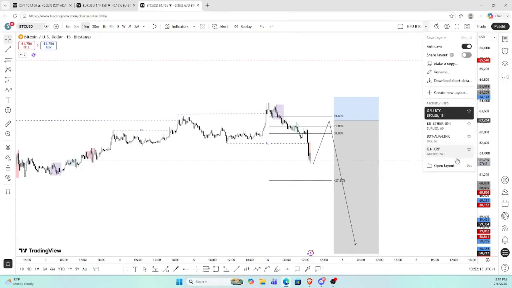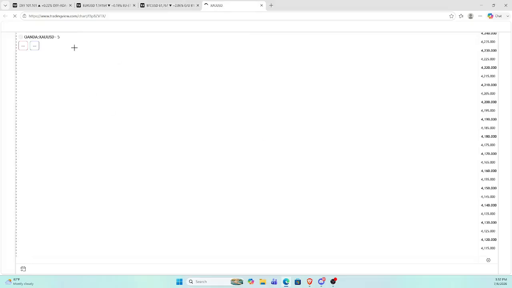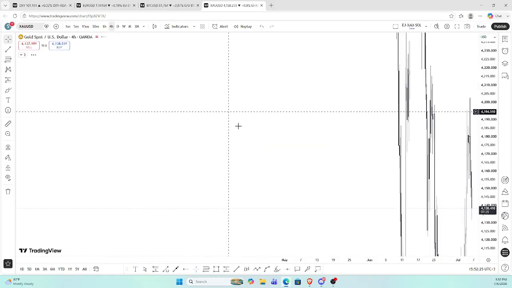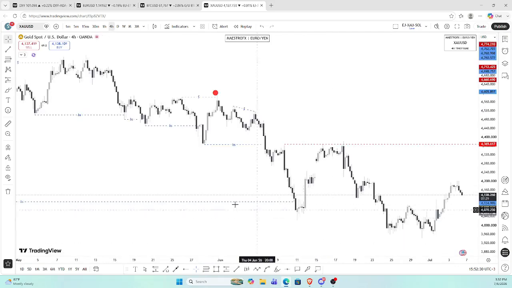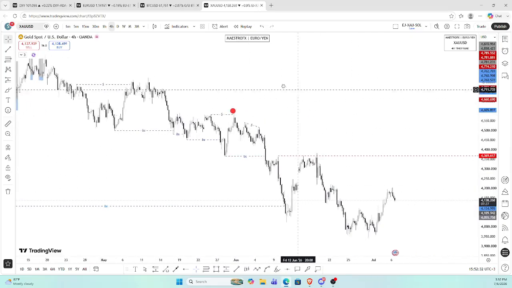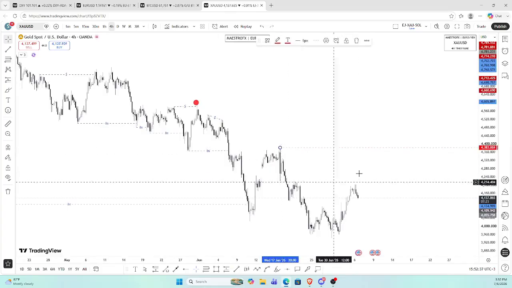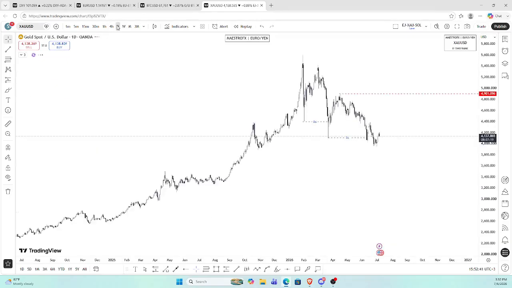Yes, maybe we look at, yes, last but not least, we are going to look at gold. What do we have with gold? It has been bearish for the last 2 weeks, only a deeper correction before continuation. And if we look carefully, yes, let's start from the daily time frame.